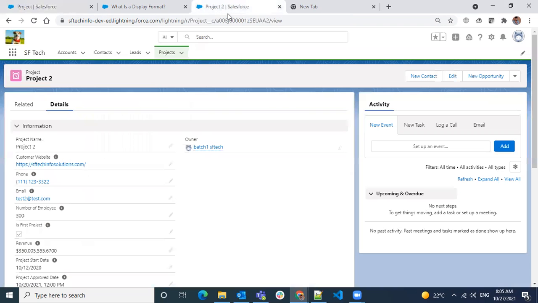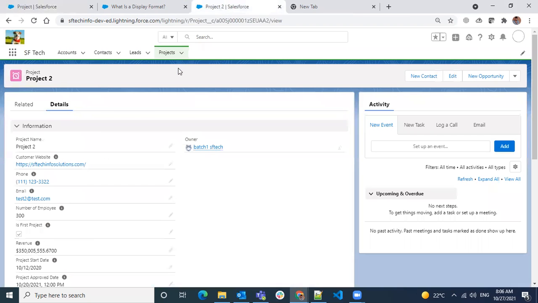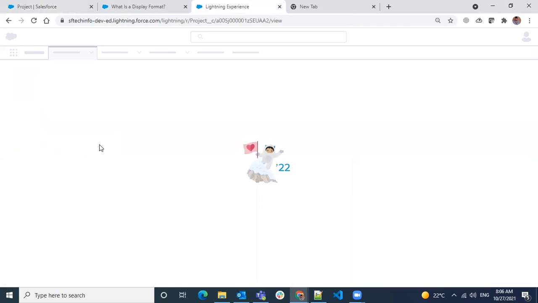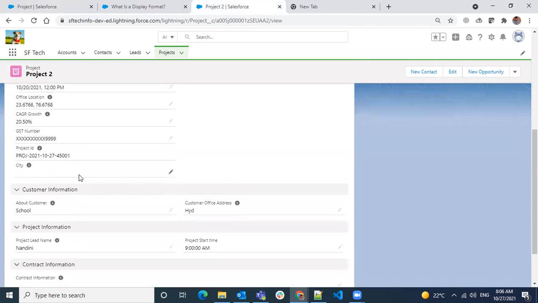Let's look at how it looks. It got saved. Just refreshing to see. We see a project. Have I not added it to the layout?